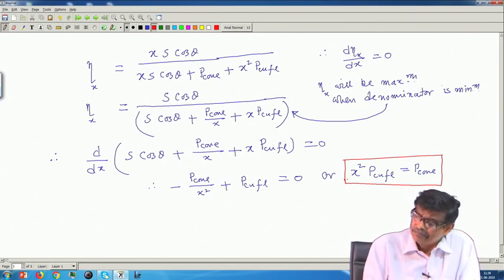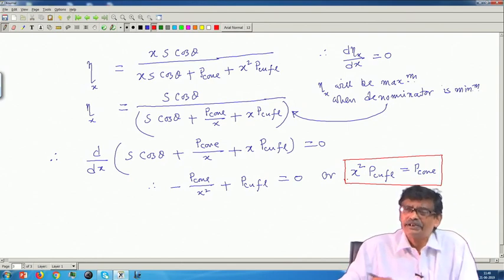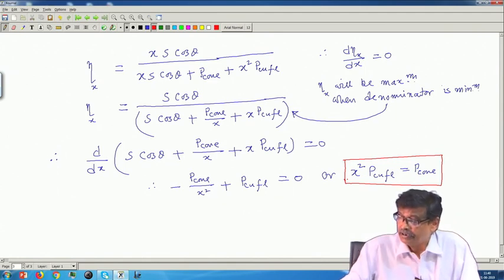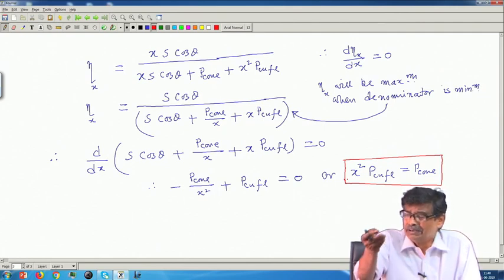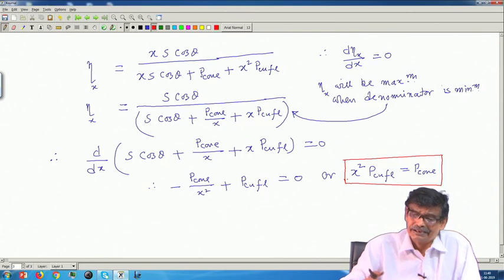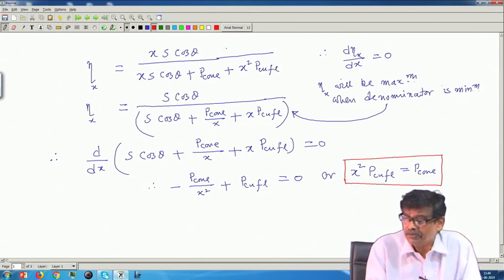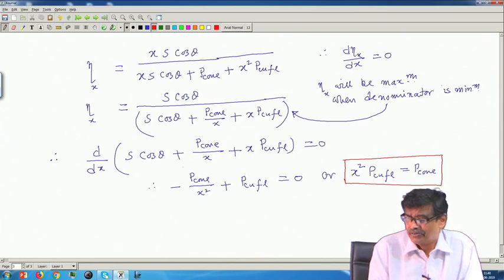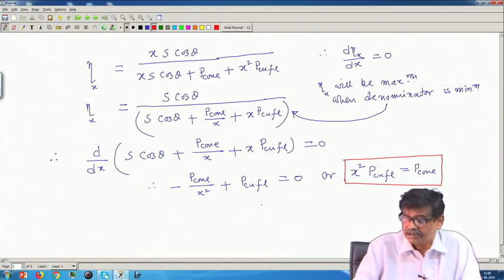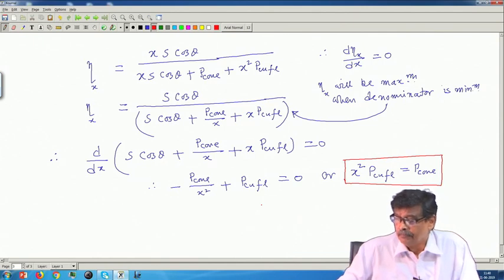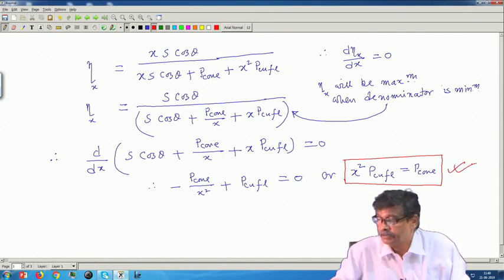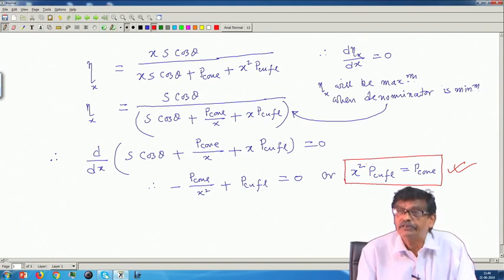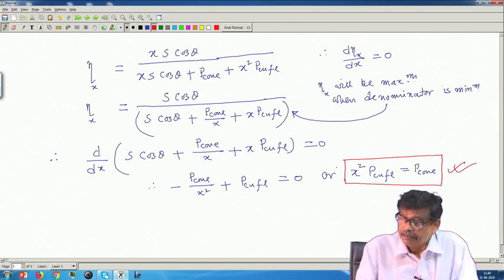Whether it is minimum or maximum, okay, you calculate this, double differentiate, you can show this is the point we are looking for. Only thing, you could also differentiate this expression, then in the numerator there is x, denominator x, I want to maximize this, means you minimize this one, it is just one line then derivation. That is why I have adopted this, you divide by x, because we are looking for some finite values of x for which efficiency will be maximum, and this is the condition, this must be set in. Now, what is this x square P cu full load? This is a variable loss.